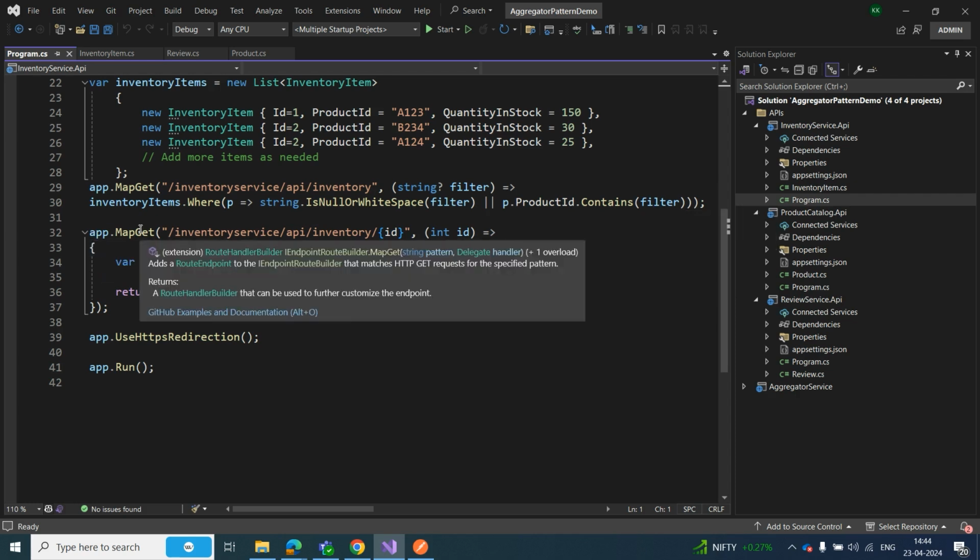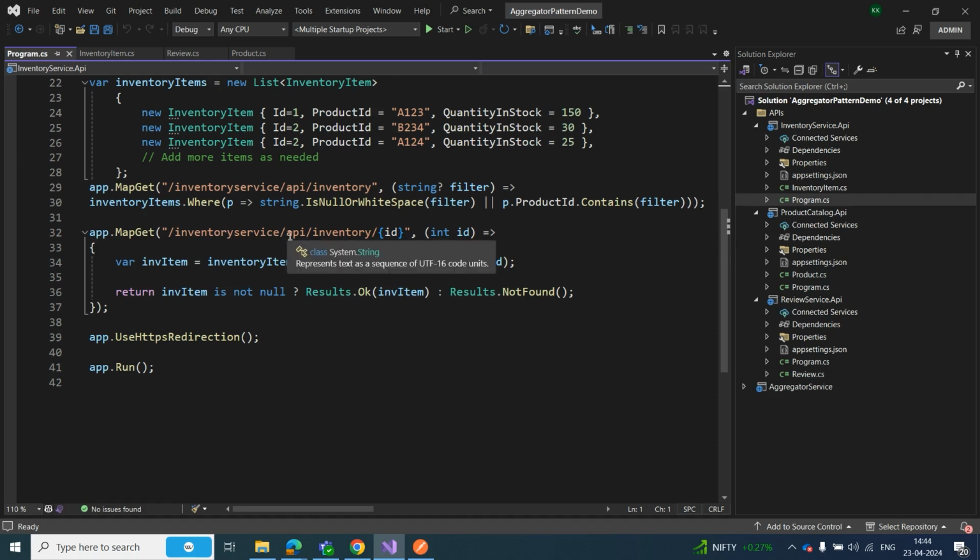The second app.MapGet method defines another route for handling GET requests to retrieve the inventory data by a specific ID. The route pattern is inventory service /api/inventory/{id}, where id is the placeholder for that specific inventory item ID. The Lambda function is the handler for this route.